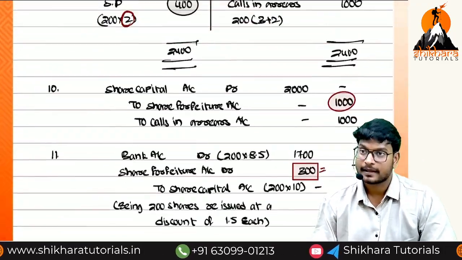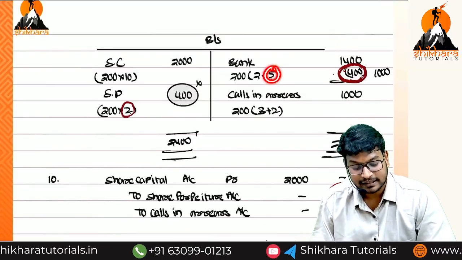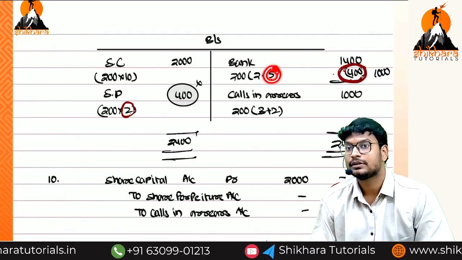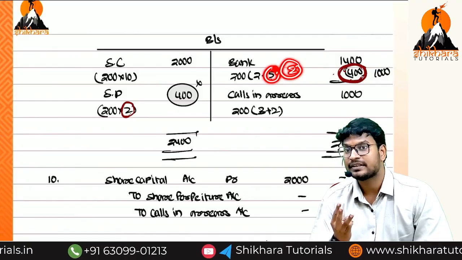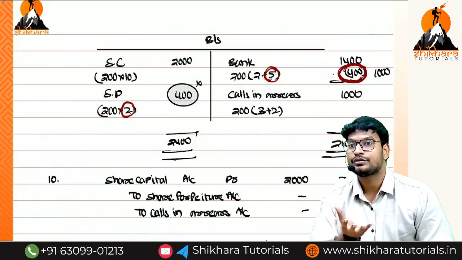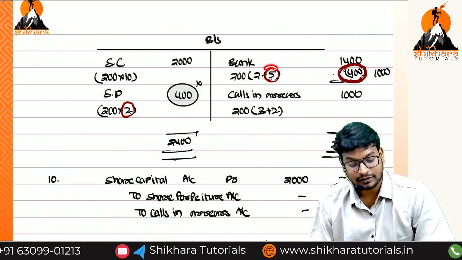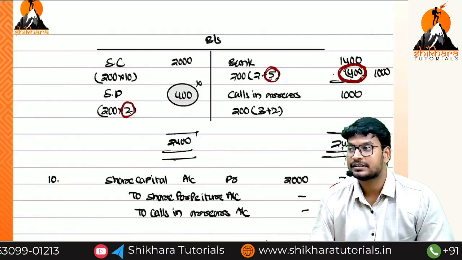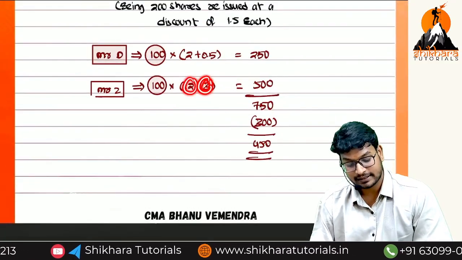Okay? Sir, even though here 5 rupees is there, we have transferred to the share forfeiture account how much? 3 rupees only. Why have we not transferred the 2 rupees? Because the 2 rupees is the securities premium. What I have told you, we should not reduce it. So that is the reason we are considering only how much, ma'am? 3 rupees or 5 rupees? 3 rupees. So what is the total amount? 2 plus 3. We should not consider the 5.